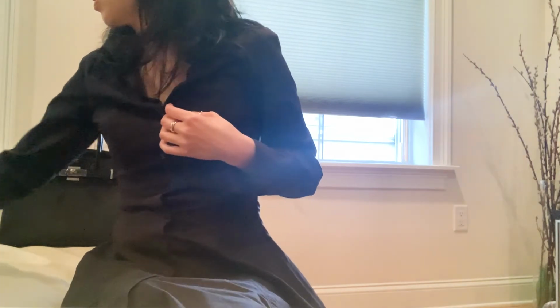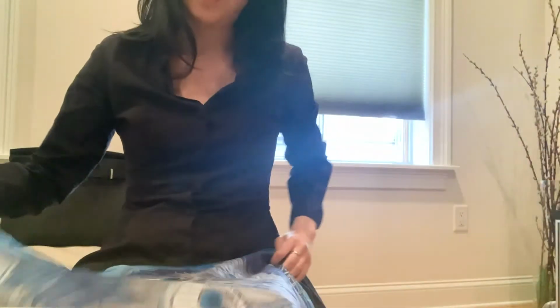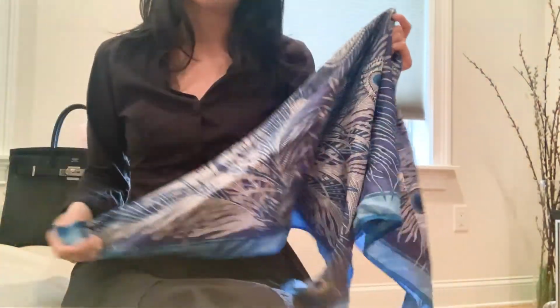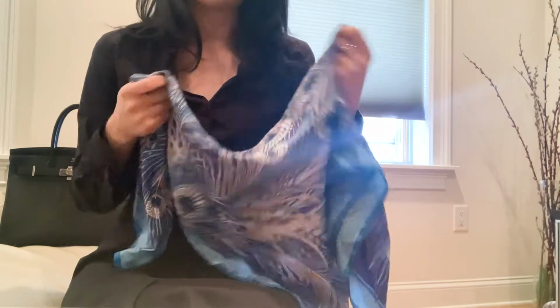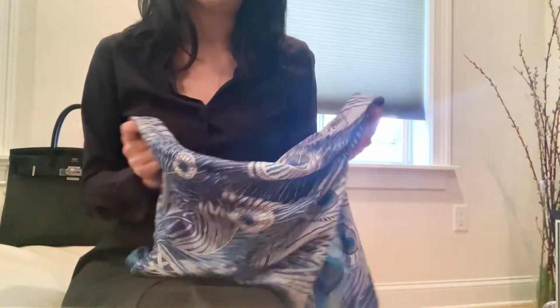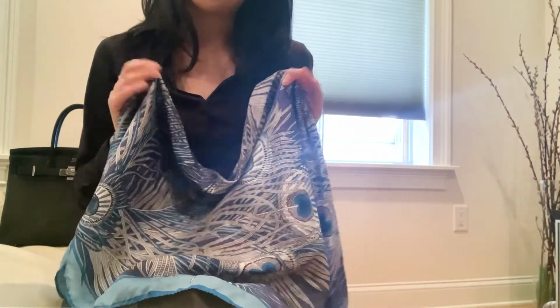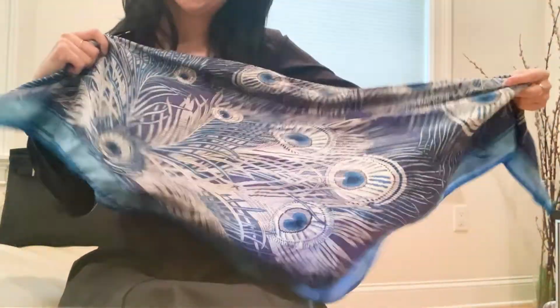So another scarf that I do have, which is not Hermes, sorry, it's a little bit wrinkly. I've been using this lately because it's in between weathers where it's warming up, but it's not super warm yet, so the wind can pick up, and this is a nice scarf to have when I'm going out, whether it's to wrap around my neck or around my shoulders. It's really helpful to keep me warm, even though it's not super cold outside. So for something like this, as you can see, I automatically made it into a triangle already, and what I usually do is throw it around my shoulders like this,